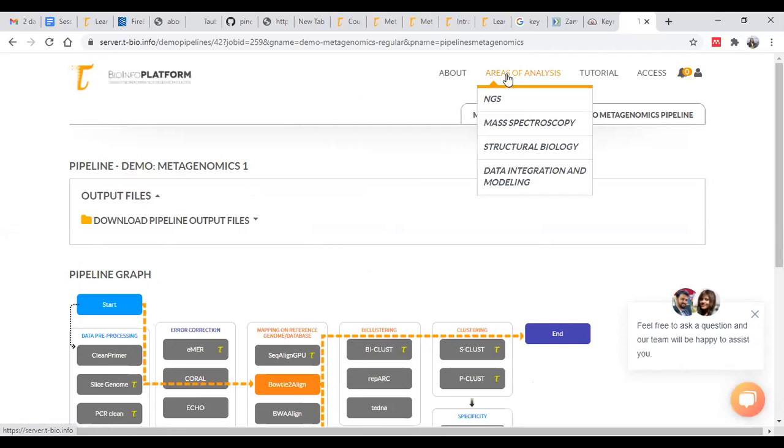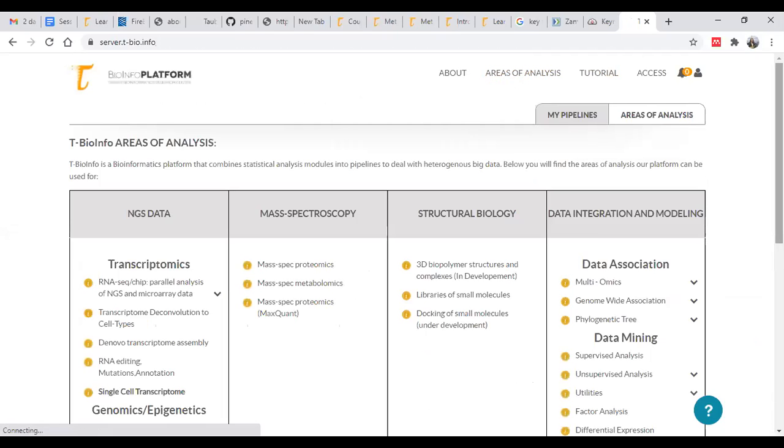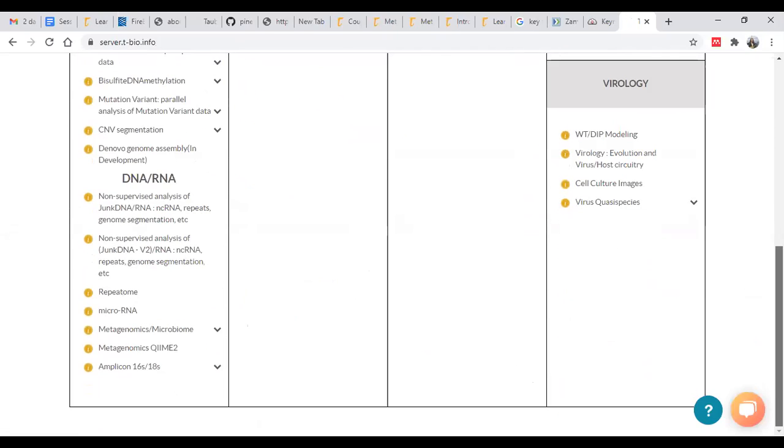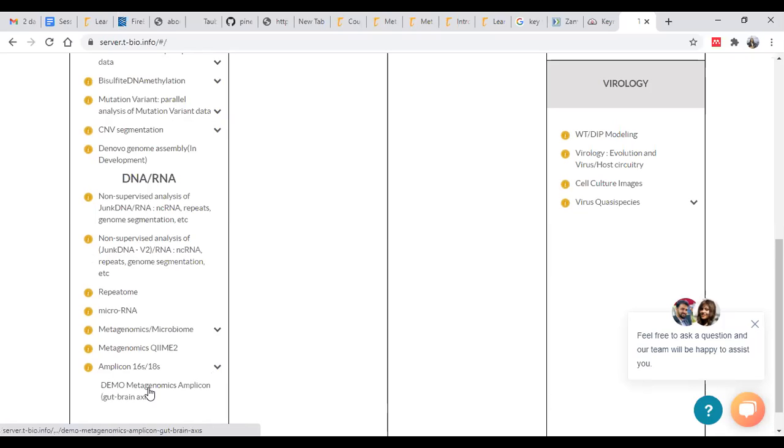So if you go again to the area of analysis, here the last pipeline on the left side is amplicon 16S and 18S. If you click on the drop down, here we will get this demo pipeline, that is the demo metagenomics amplicon abundance pipeline.